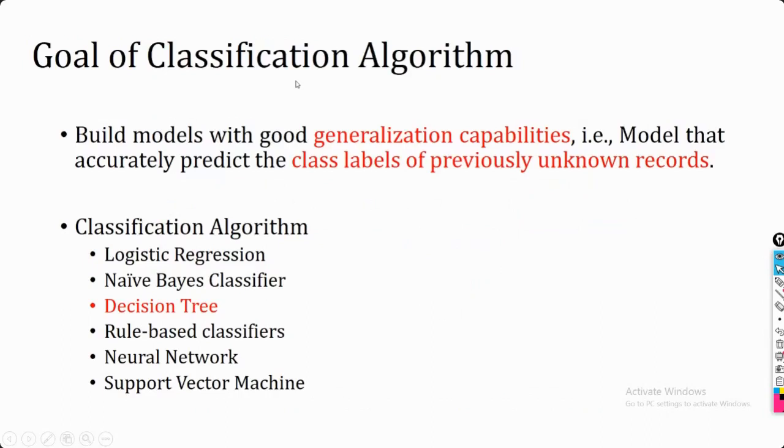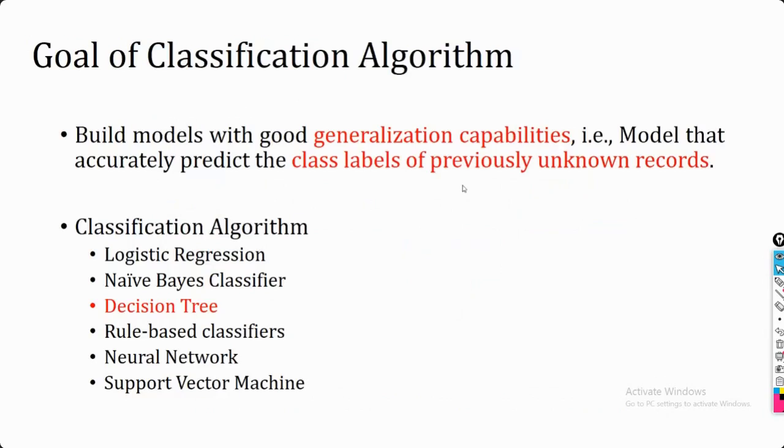This thing also we have covered in your last class. The main goal of a classification algorithm is not just to perform well on the training data, because for the training data we already know the class label. Our main objective is that our algorithm should work well for unknown instances. This capability is known as generalization capability. It's not only working for the known ones, it's the general one. It is going to be applicable for all cases, or for all types of instances.